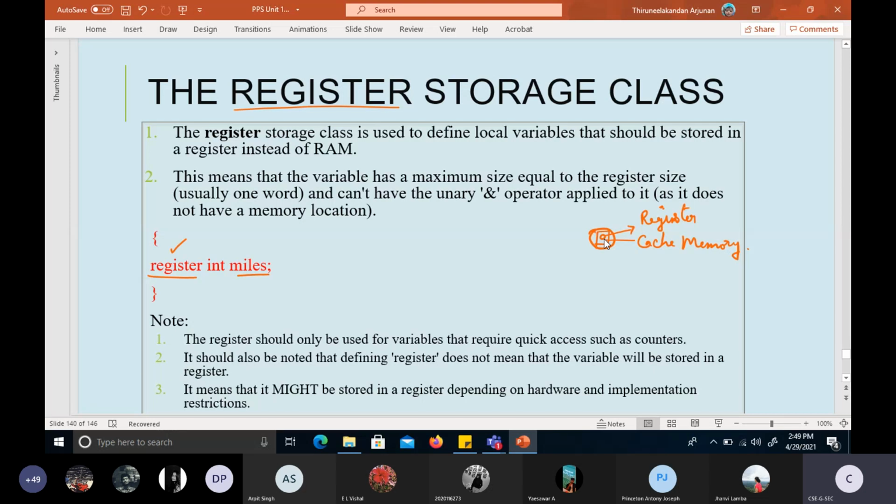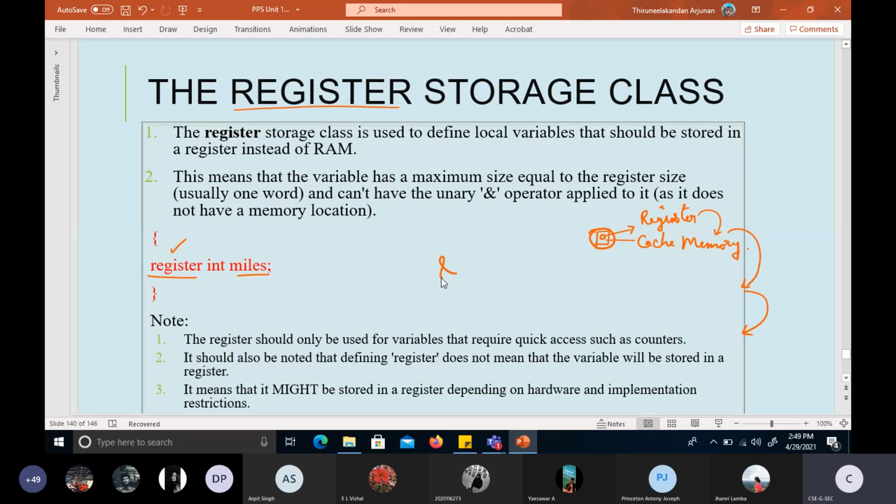If you declare such a register variable, stored in the processor, we cannot use the ampersand symbol. Usually we write ampersand symbols to read from the keyboard and store into variables. We cannot use ampersand or pointer concepts on it. Why?